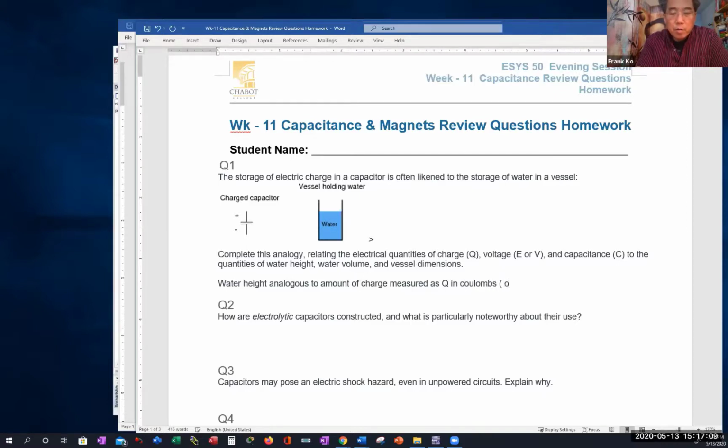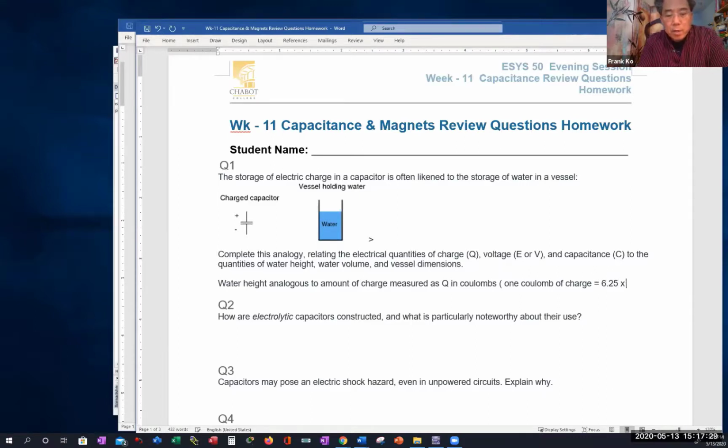And here, kind of acting like a capacitor. Well, this is asking you how the capacitor is acting, if you would compare it to a vessel holding water. So 1 coulomb of charge is equal to